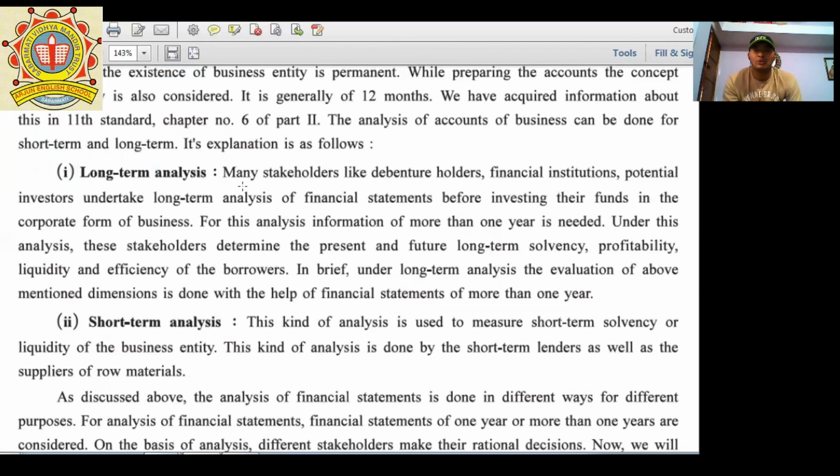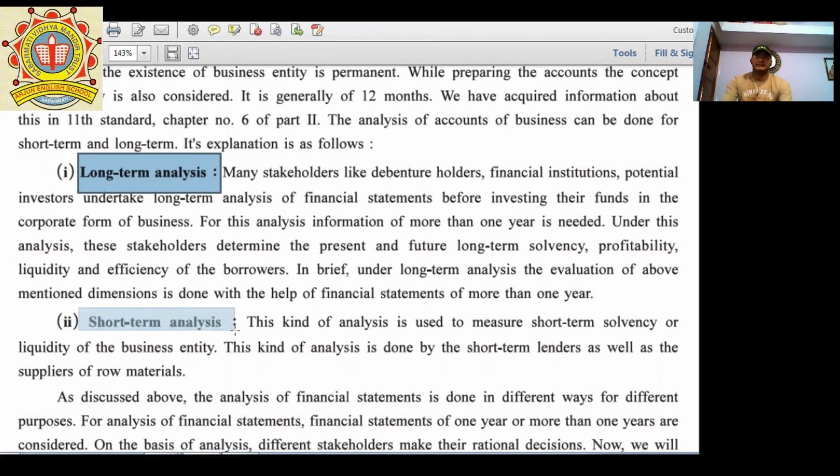So now, not only investors, there are specific bankers from where if I want to obtain a loan, financial institutes, they are going to research on our company, and after completing this analysis, if they find that our company is more preferable, then they go for investment or providing a loan to our company. So it is long-term analysis because their scenario is for 5 years, 10 years, 15 or 20 years.